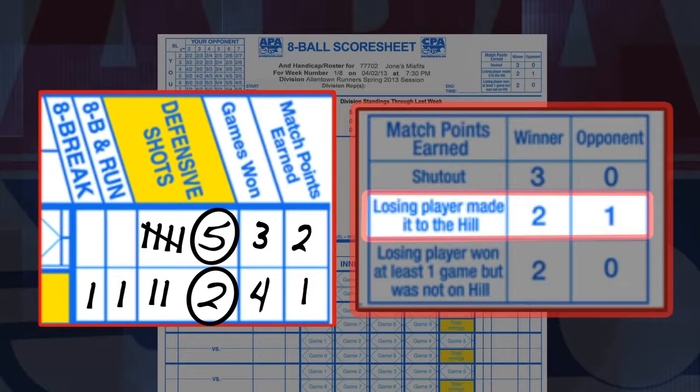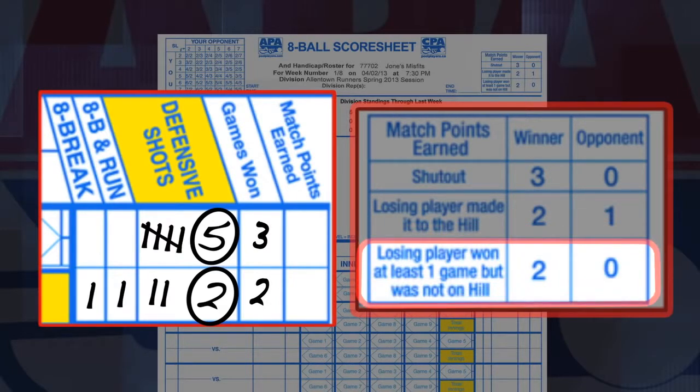skill level 2s playing against any skill level, skill level 3s playing against other skill level 3s and higher, as well as skill level 4s playing against skill level 7s need only to win one game to make it to the hill. If Steve wins the match, but Joe is able to avoid a shutout by winning at least one